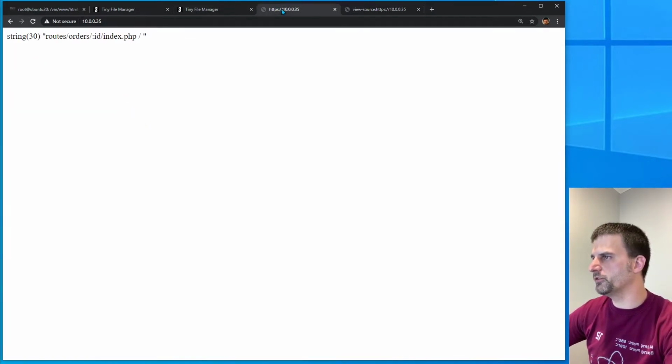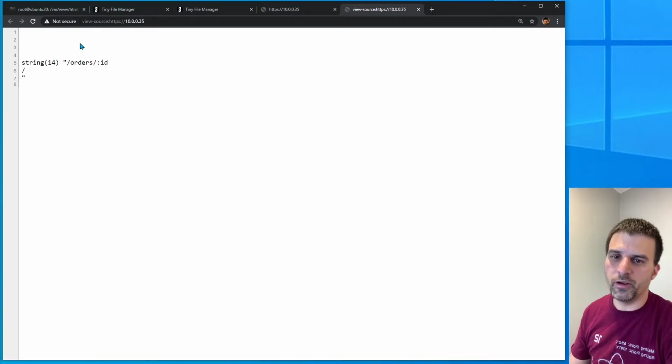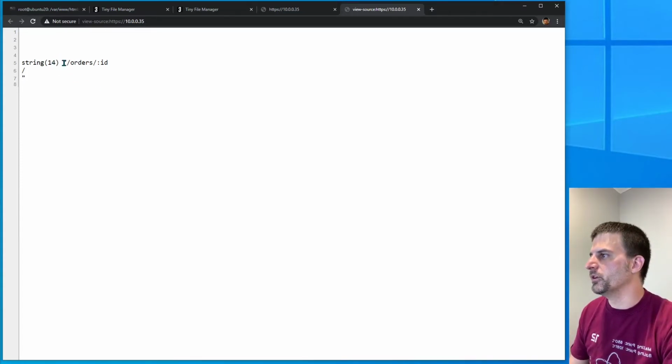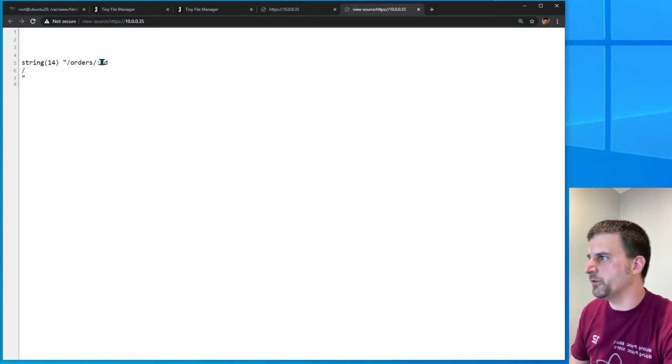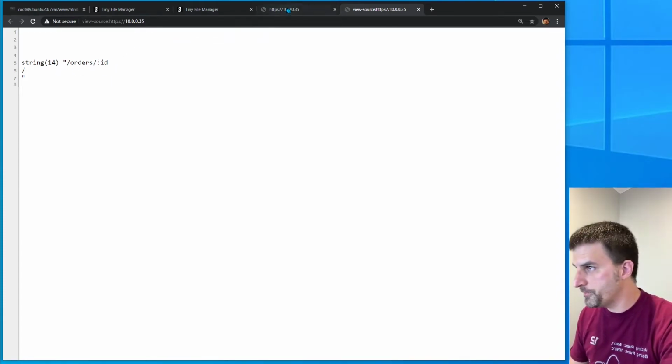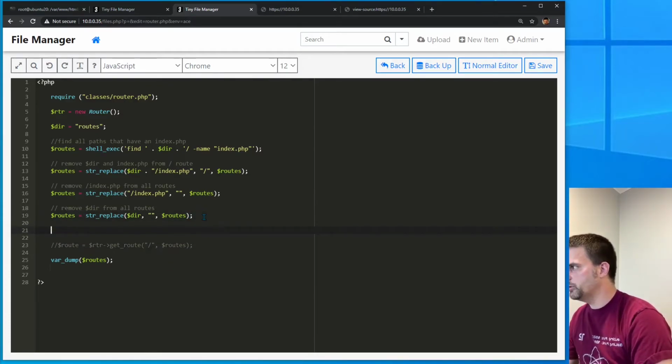So far it looks like we've got our list of routes. Our function that we created in our class expects an array, not a large string. So you can see that what we've got right now is a string. It's not large yet, but it will be once we get a bunch of routes in there, and they're each on their own line. So, easy enough. What we need to do is split that